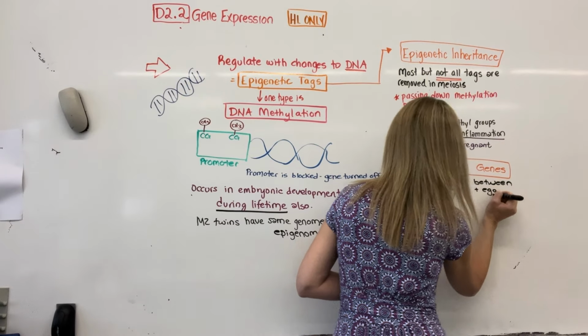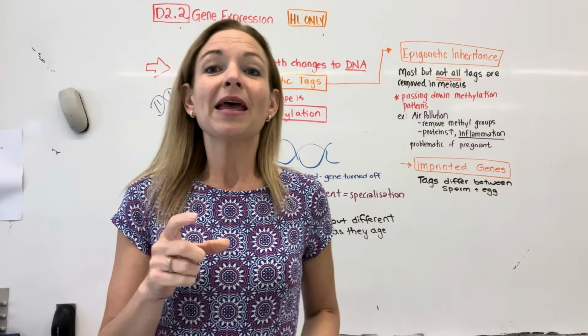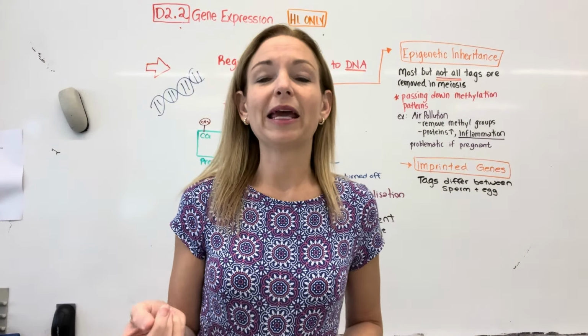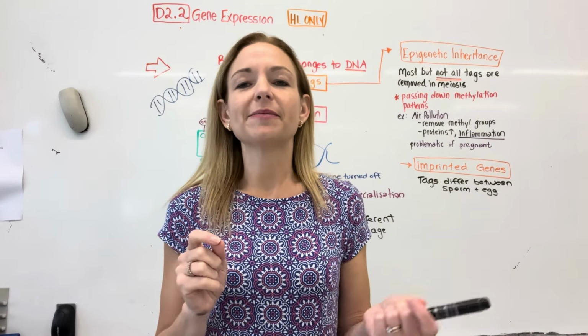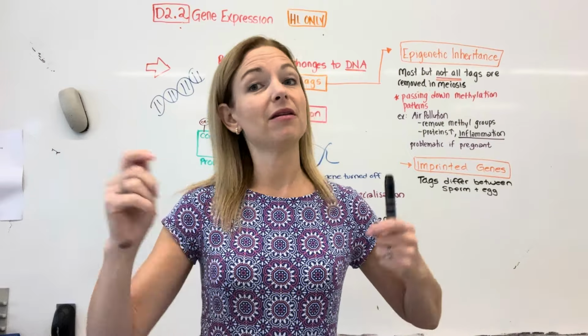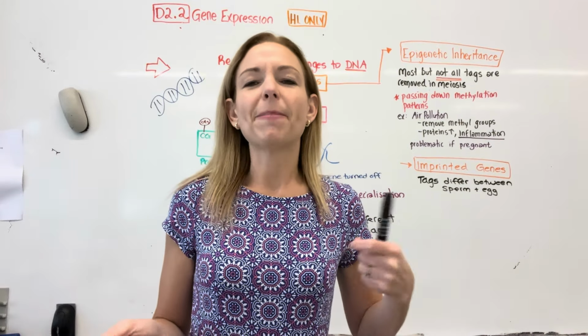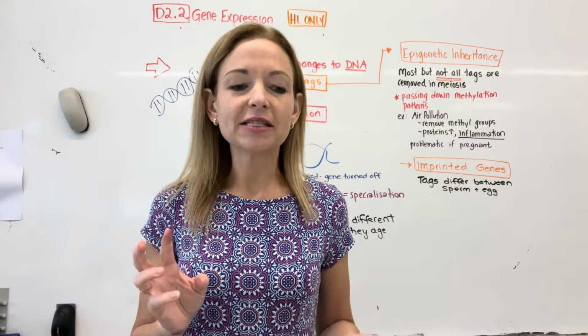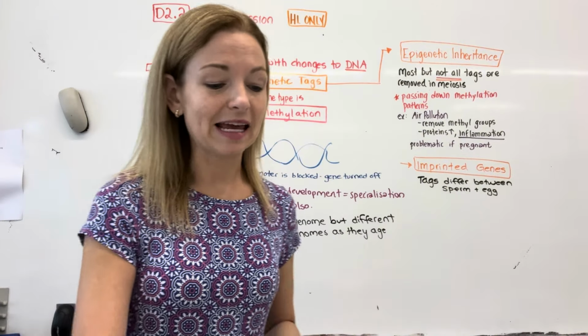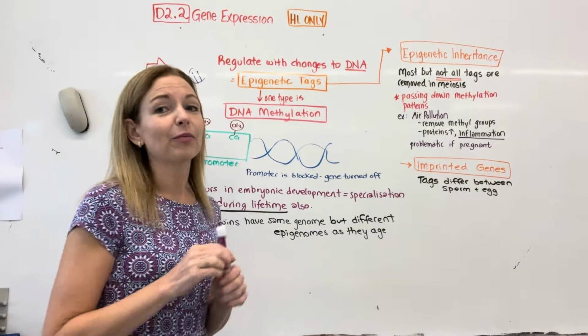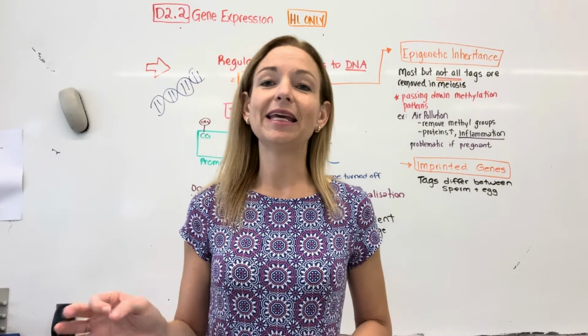So essentially, they should wipe all of them, and then as the actual gamete starts to form, certain tags will be added back, and sometimes a tag is added to egg but not added to sperm, based on kind of adaptations and advantages. Sounds weird. All you need to know for this is the example. So the example you need to know about is ligers and tigons.